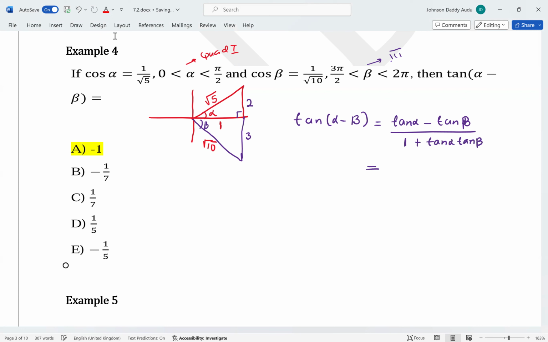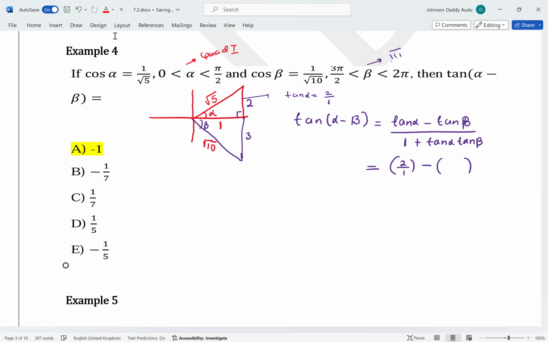So what is tan alpha? We can find tan alpha from the quadrant here. Tan alpha is going to be opposite, which is 2, over adjacent, which is 1. So we're in the first quadrant, so this is 2 over 1,